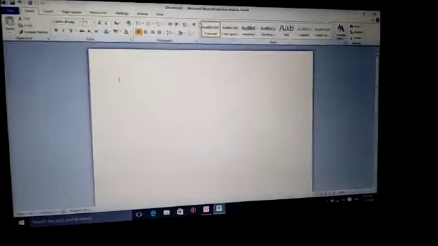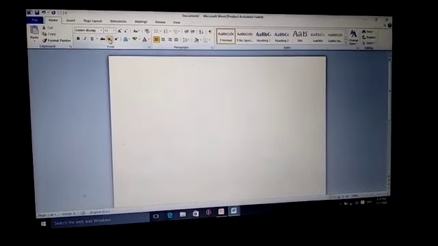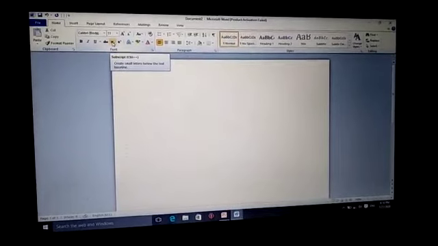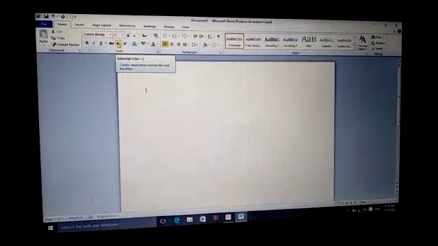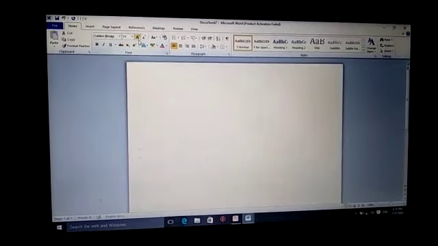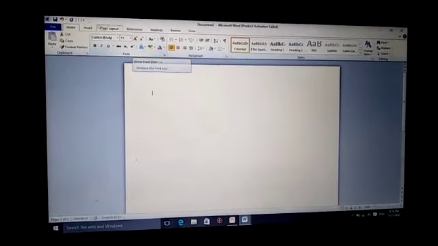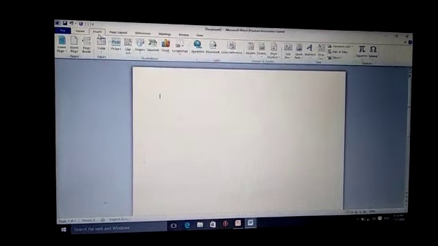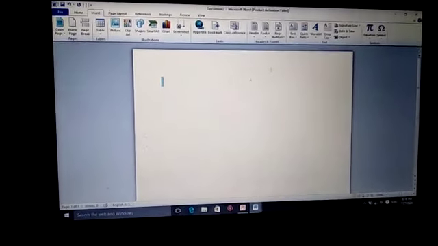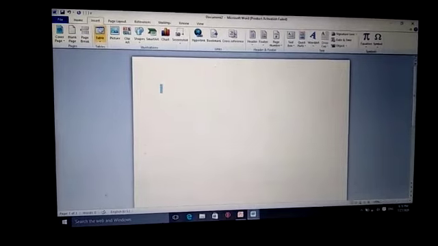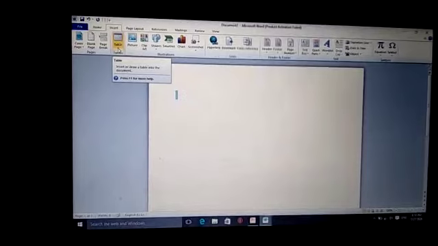So we will work with the table. I hope you already know how to insert and type the text, how to cut, copy, how to increase and decrease the size of the text, page layout, all those things you know. So today we will start with the insert. So first thing, when you create a table, there are 4 ways we can use to create or insert a table.